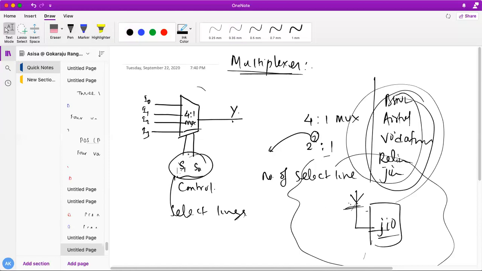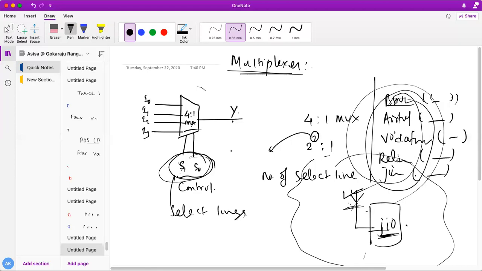This multiplexer will select out of these, which are nothing else than frequencies, megahertz frequencies. Each has a certain range. BSNL will work in this particular range, Airtel in this particular range, Vodafone in this range, Reliance in this, Jio in this particular range. Out of everything, let's say you have configured Jio in your mobile phone, that particular megahertz frequency this antenna will select. This purpose is done with the help of a multiplexer. Okay, all of you understand, students? Very simple. What will the multiplexer do? The multiplexer will select one input out of many inputs by using a certain selection criteria.